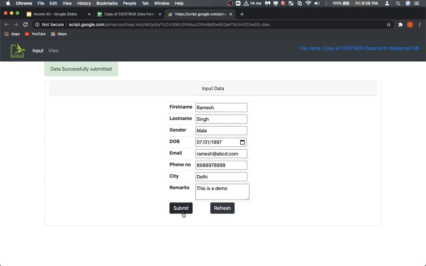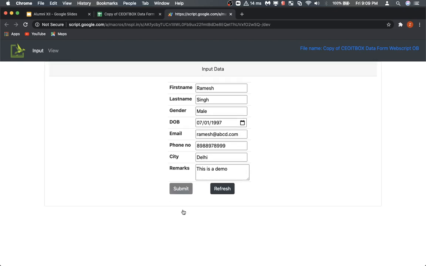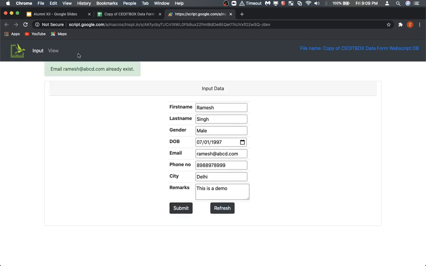But before I do that, I just want to show you one thing: if I click on submit again, it shows that this Ramesh at ABCD already exists, so it will not allow a duplicate entry. This is the unique thing about this, that it will not allow you to take a duplicate entry.